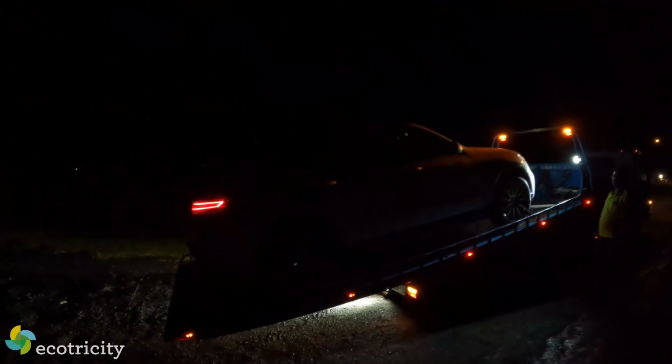But where this dual motor P8 stands out is the extras you get, such as a panoramic glass roof, which is opened by swiping a touchpad instead of fumbling with old-fashioned push buttons like some Neanderthal. The P8 also has a Harman Kardon sound system, which I'll demonstrate shortly, as well as an air purifier with a 2.5 micron particulate matter filter, plus an electronic boot lid with gesture control, and a 360-degree bird's eye camera system. Yes, you get the idea, it has it all, so enough talking, let's take it for a drive,